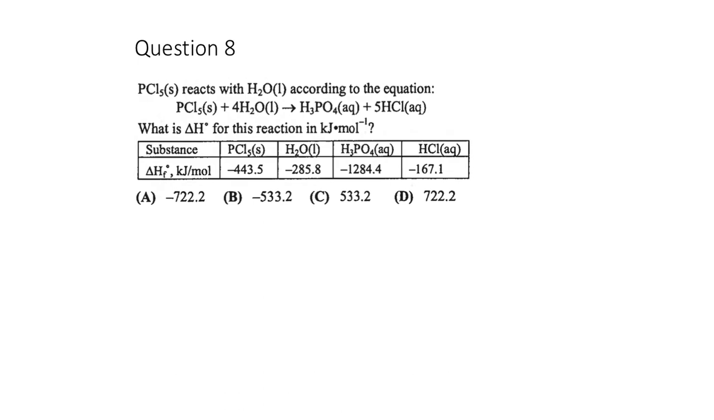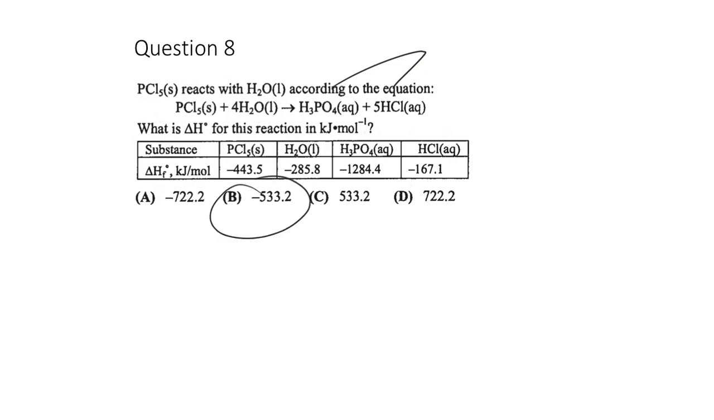All right, this question here is looking at us, once it's defined the delta H for this reaction, so we just do the sum of the products minus the sum of the reactants. So what we're going to do here is do minus 1284.4 plus 5 times negative 167.1 minus negative 443.5, and then minus 4 times negative 285.8. So I get minus